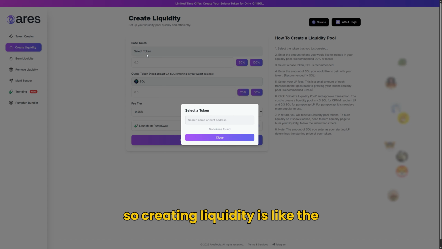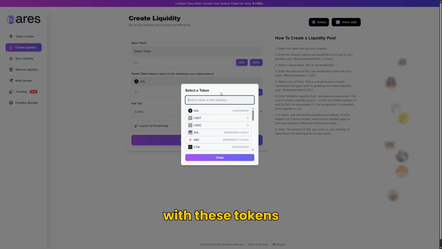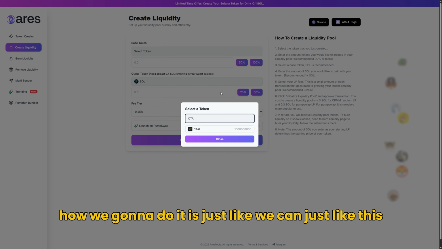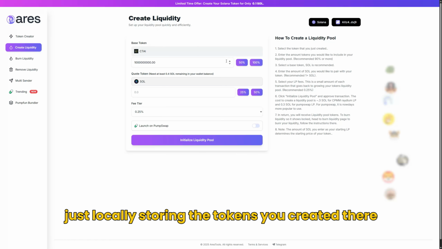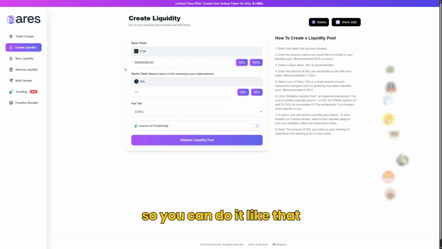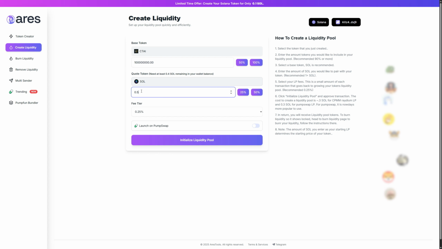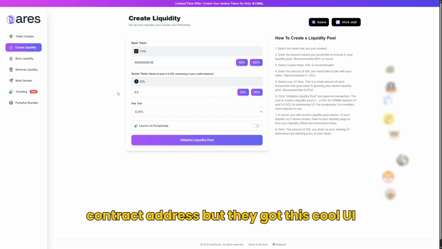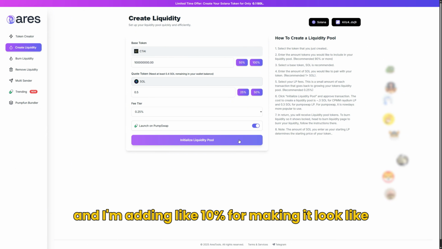Creating liquidity is obviously the main option, but our aim is just creating the liquidity with these tokens. How are we going to do it? This website is locally storing the tokens you create there, so you can do it like that, or you can paste your coin's contract address, but they've got this cool UI, so I'm just choosing it, and I'm adding 10%